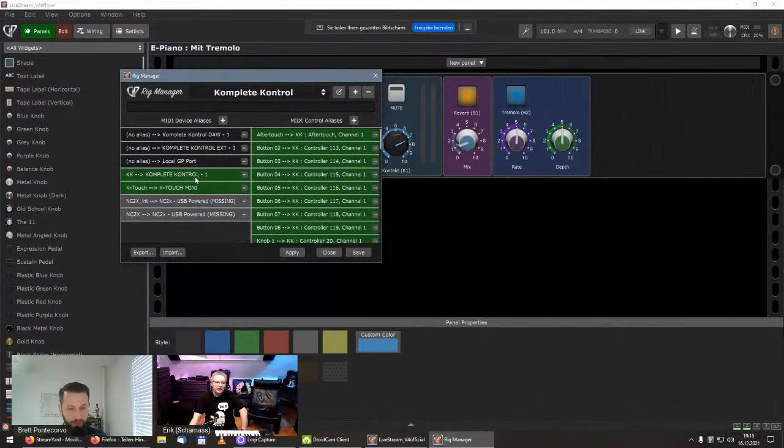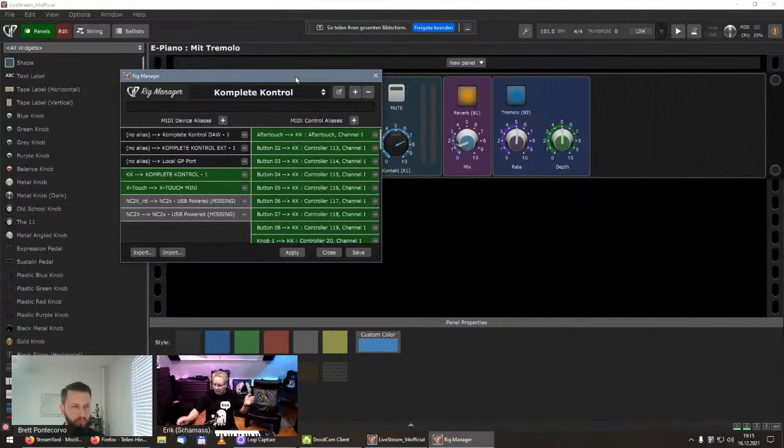Every controller device can have its own alias name, and every controlling element, so each button, each knob, can have an alias too, and that alias is then bound to the hardware element or the hardware device. And if you are forced to change your hardware,